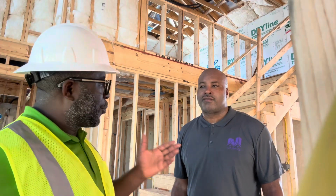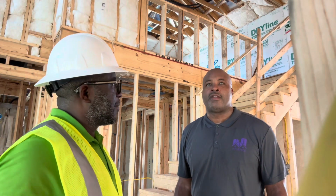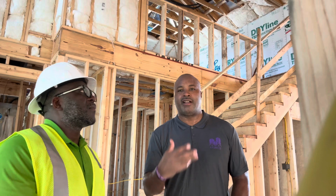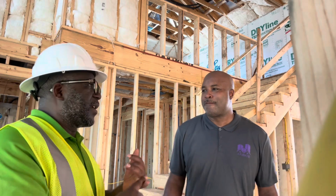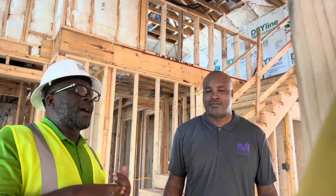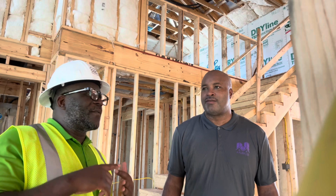So Mike, why is it important to do a pre-drywall inspection? Well, pre-drywall inspections are important because we need to see behind the walls, including the framing and all that, before the drywall goes up. Because if you don't look at it before the drywall goes up, guess what? You don't know what's behind there. Wonderful. So we're looking at the plumbing system, what kind of pipes they're using, the electrical system, the HVAC,